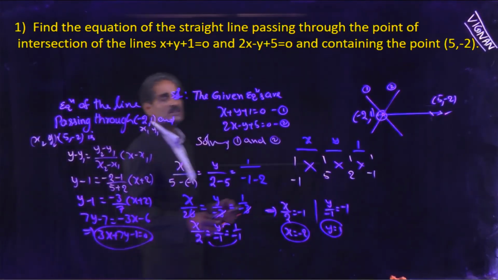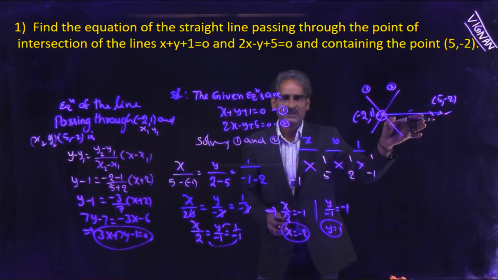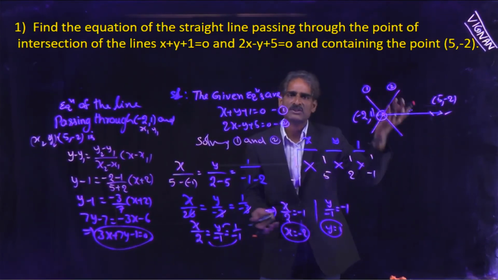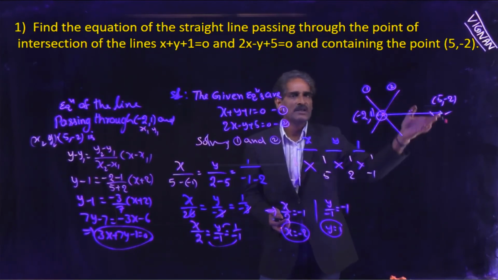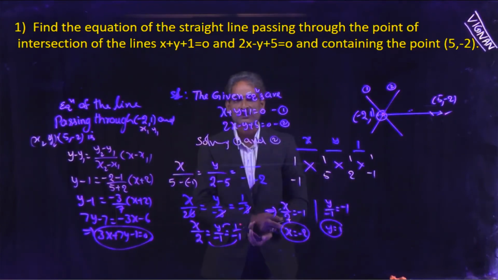This is the equation of this line. Okay, here we want to find the equation of this line. Already this contains the point and it is passing through the point of intersection of these two. First of all, find the point of intersection of these two. It is already there. So this is a line passing through 2 points. We are using the 2-point formula. With the help of the 2-point formula, you can find the equation.